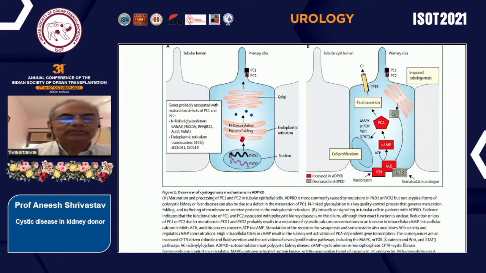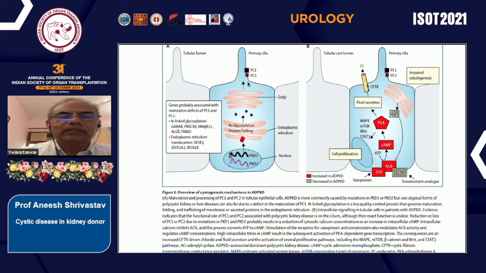Another important issue which we all should understand is that these are the two genes, as I stated earlier, and they work through glycosylation, protein folding, and then they form polycystin 1 and 2 respectively. Now, these are the proteins which are actually responsible for tubulogenesis. And if there is a deficiency or mutations in the gene, then one gets impaired tubulogenesis and the formation of cysts. I'm not going into detail how this all happens, but what we should know is that these are the two proteins